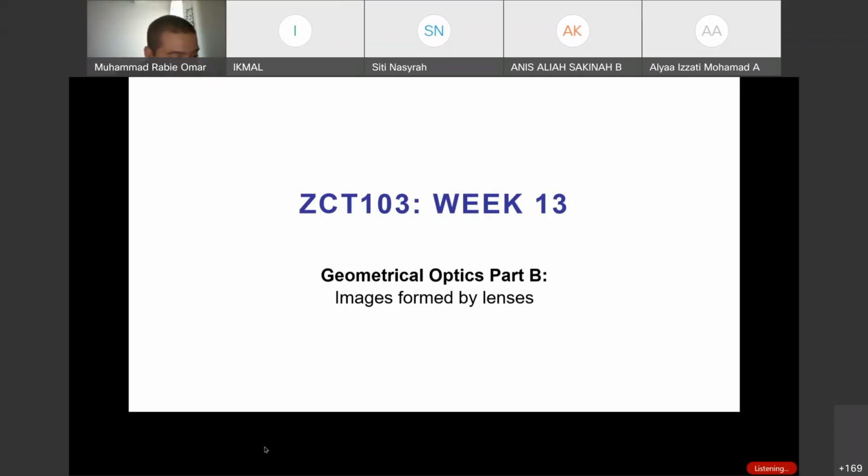And then for today, we will be using the same concept, but now we are dealing with lenses. And of course, when we have the mirror, we do have reflection. So I've also explained to you about the inbound and outbound region. For the mirror, the inbound and the outbound region are on the same side, which is in front of the mirror. For lenses, it will be a bit different, so I'll go through that. Okay.